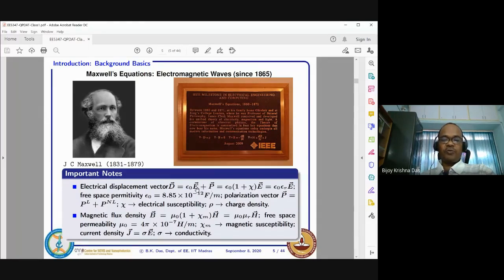So this polarization is nothing but the dipole moment per unit volume. When any material system is under an electric field, you know it is a vector, then some dipole moments originate. Any material you can think of is a combination of atoms, molecules, and electrons loosely attached outside the nucleus.